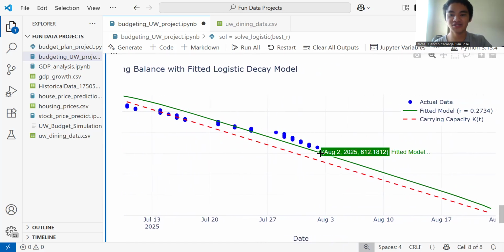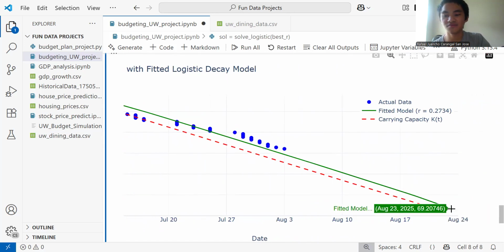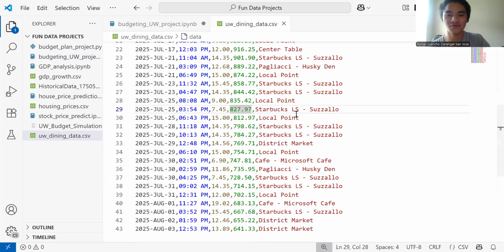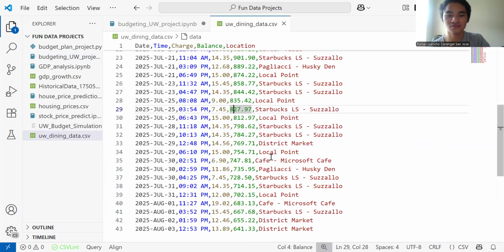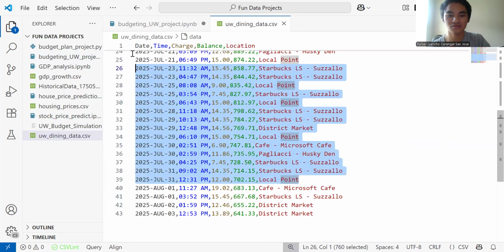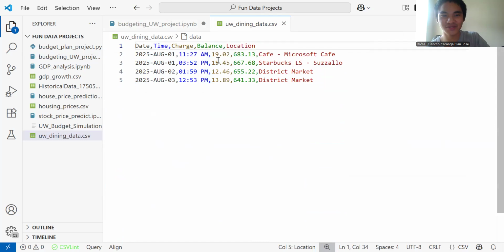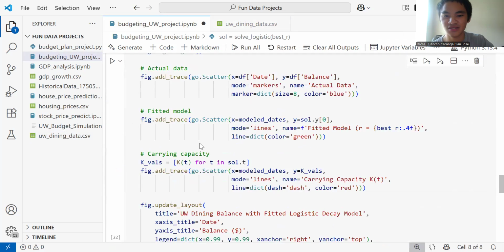But if I have a lesser one, then it also looks at the rate at which I'm spending, and from there it simulates accordingly, as well as my carrying capacity. I think it adjusts for both, right? Let me see. This one was 69. This one's 24. Yeah. Let's say I were to take this one out. Also, me playing around with data, right? So if I were to do this,